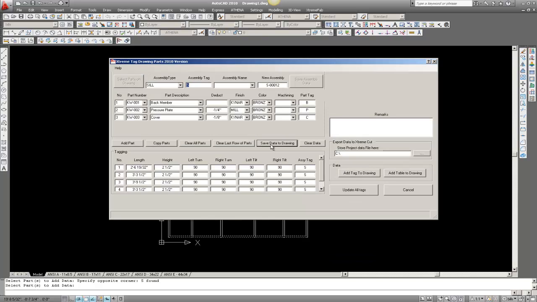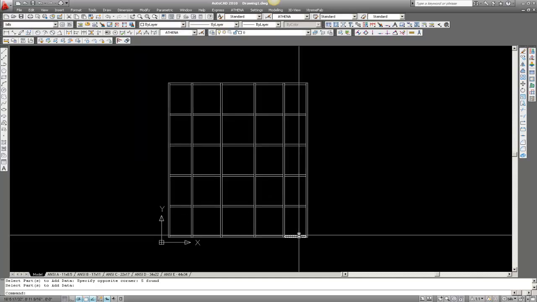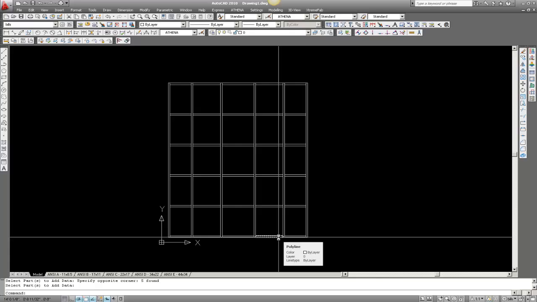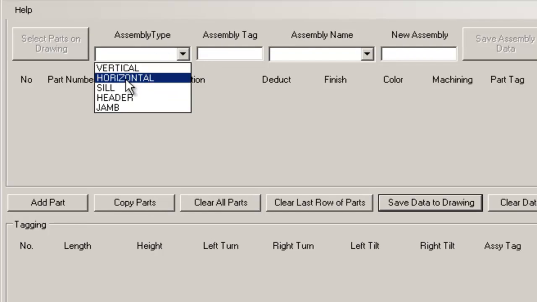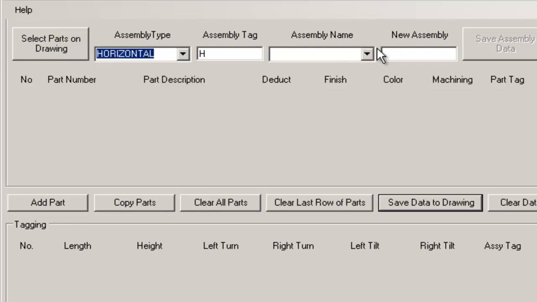And then I'm going to save data to drawing. So I'm going to click Save Data to Drawing, and what it's doing is it's applying all this data to these horizontals. So these horizontals now have all this part data applied to them. Okay. So once again, I'm going to go back in. I'm going to do a horizontal, and I'll call this a